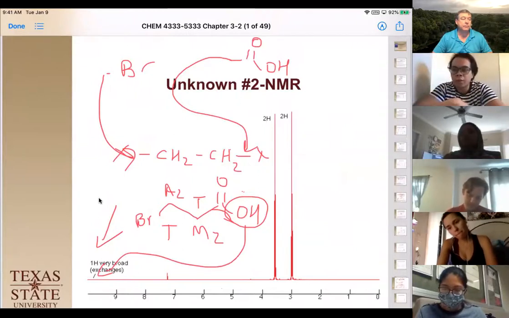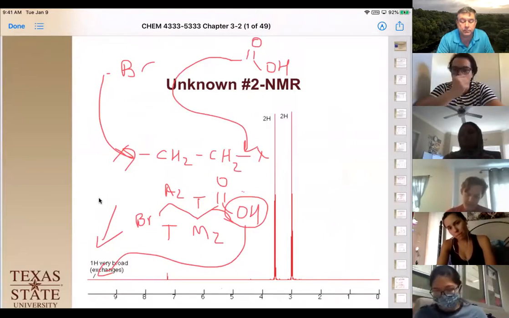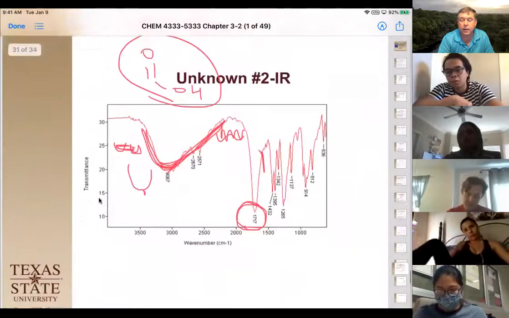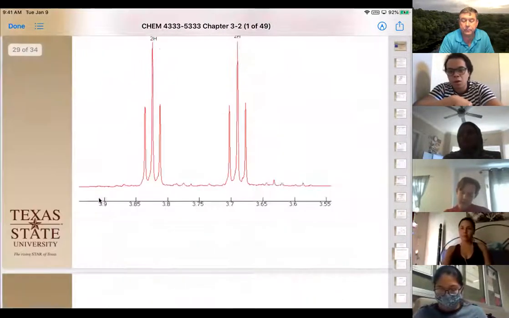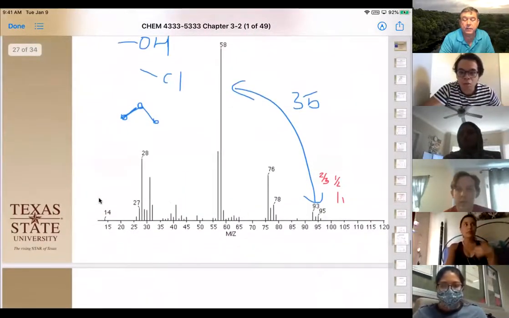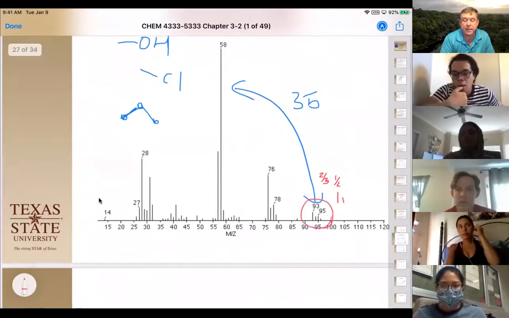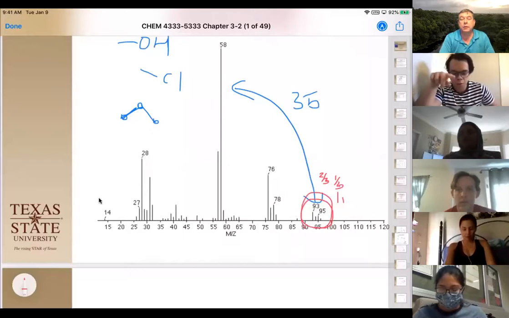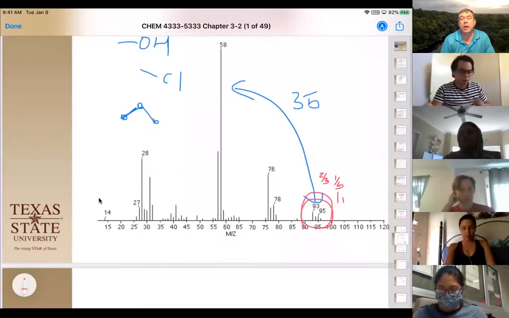So it's only the chlorine that does not obey the 3 bonds away rule out of the halogens? What do you mean? The chlorine did not split anything in the proton. The chlorine we saw because of this pattern, that 2/3, 1/3 pattern. Oh no, I was talking about a problem we did earlier where we said that even though